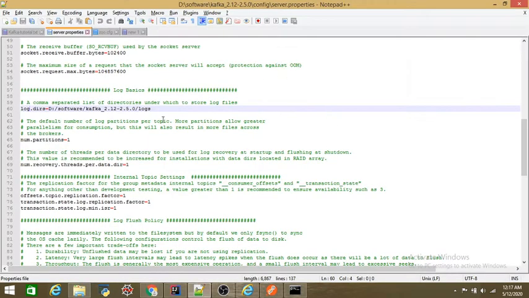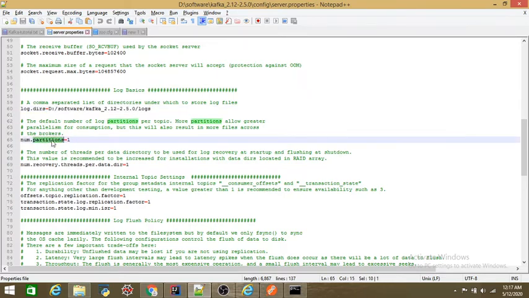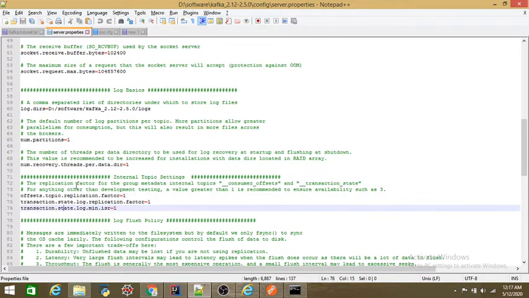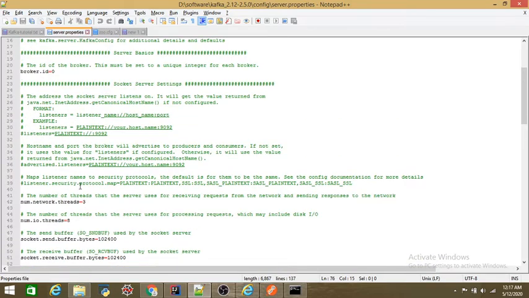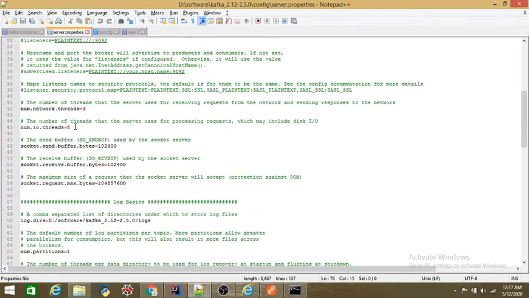Everything will come by default. You just need to provide your log folder path here in the logs directory. The rest you can leave as it is. We will talk in later videos about what is a partition and what is the replication factor, everything I will tell you. But for now, just remember that you just need to edit server.properties for your log path.